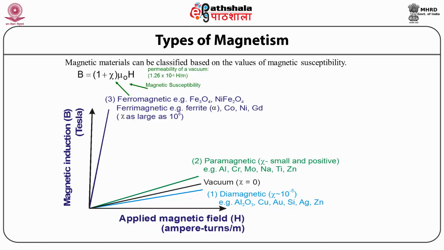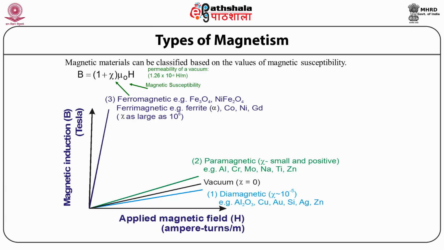As we can see from the graph that for diamagnetic materials, chi is approximately minus 10 to the power of minus 5. Most diamagnetic materials show very small negative susceptibility except the superconductors in superconducting effect where chi-m is equal